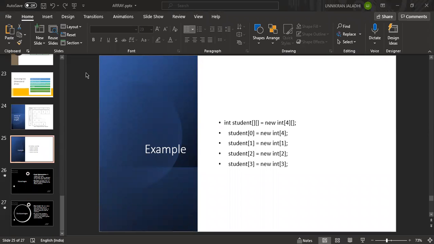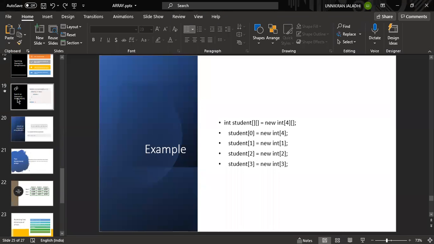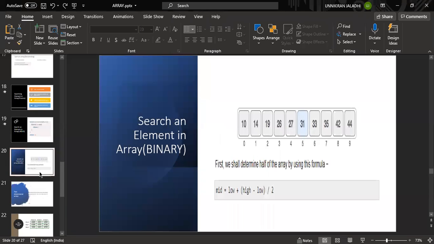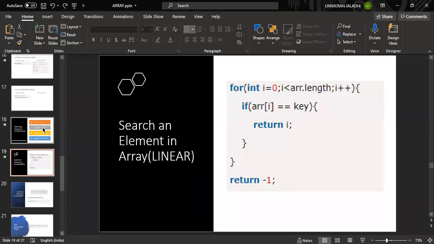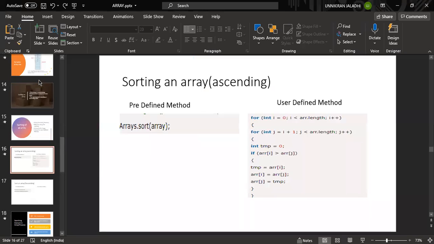Okay, we have three-dimensional arrays in our syllabus. Yeah, I forgot to tell you about the bubble sort. Why did I mention there is a sorting technique, right? Okay, now I came to know that. So in the sortings, we need to discuss the selection sort as well as the bubble sort.